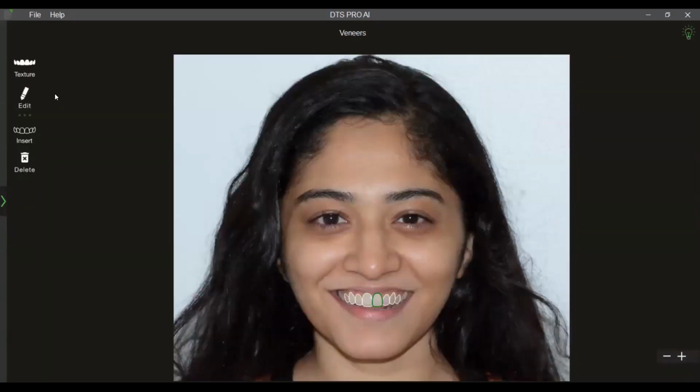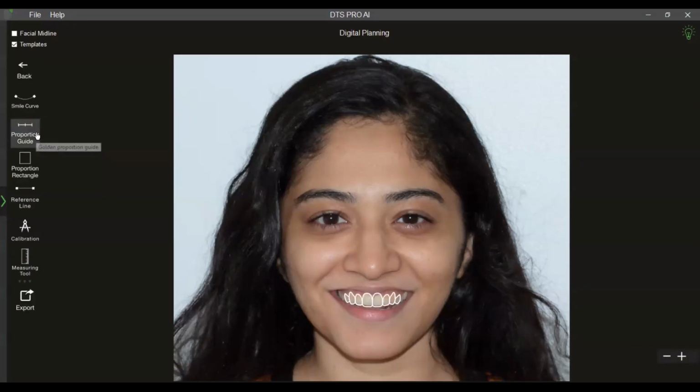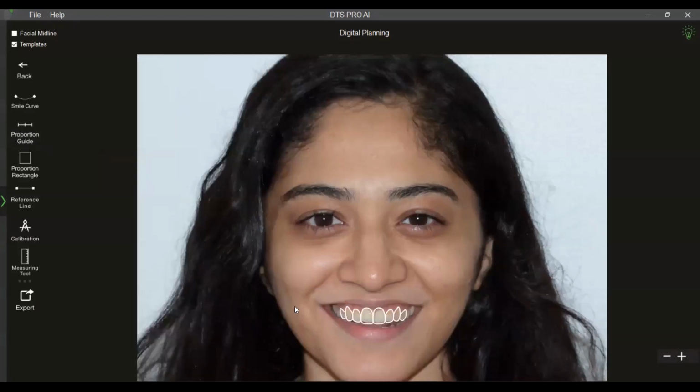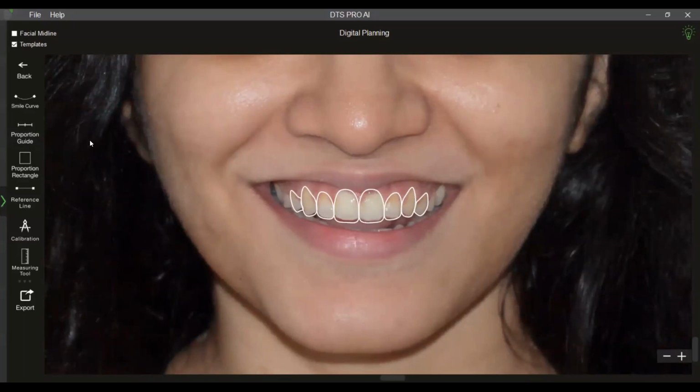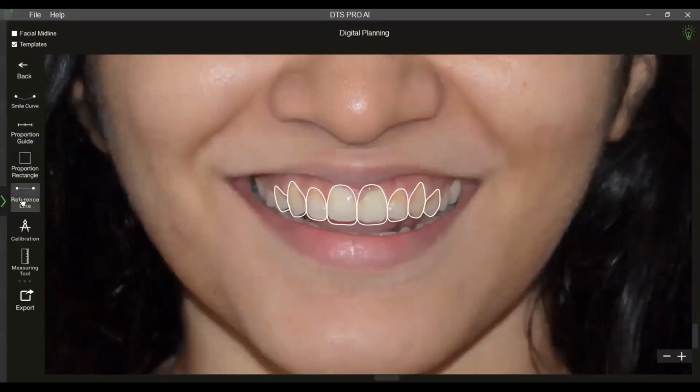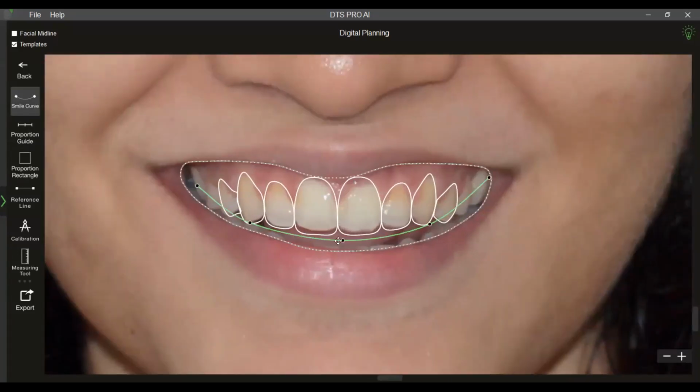So let me just very quickly come back and go to DSD tools. So in the veneer section itself, you have a button called planning window. I'm repeating here, I'm not going to talk about details of aesthetic dentistry here. I'm just limiting my talk to how do you use these tools, right? So you can check the smile curve first. So when you are planning your veneers, what I'm only doing is I'm aligning this curve parallel to my smile curve. So this helps me in positioning my teeth when I'm planning.